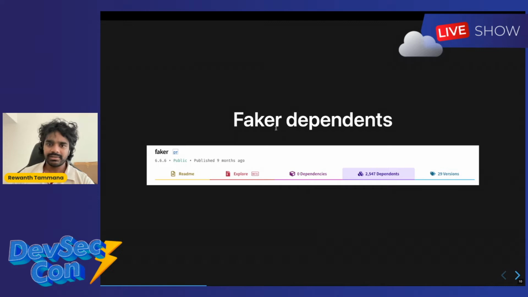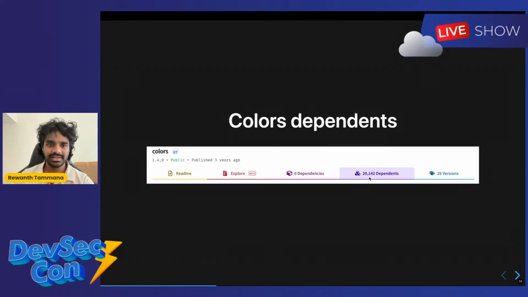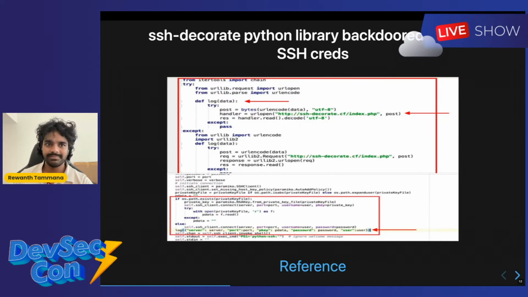And Faker has around 2,600 dependents. So it means if the Faker.js package is affected, it will subsequently affect 2,600 more packages. Similarly, the Colors package is being used by 20,000 plus dependents. So when one of them gets affected, the ripples are going to go through multiple other packages. And if someone else is using these packages, those will be affected subsequently.